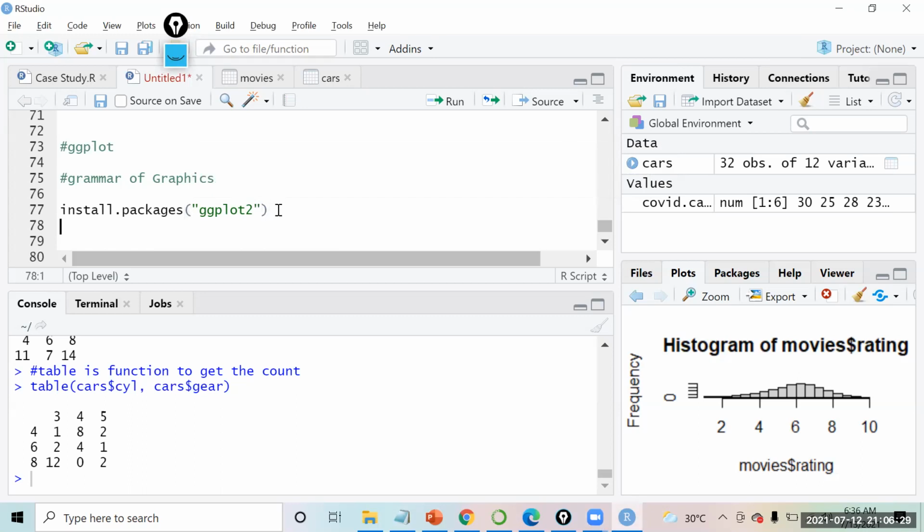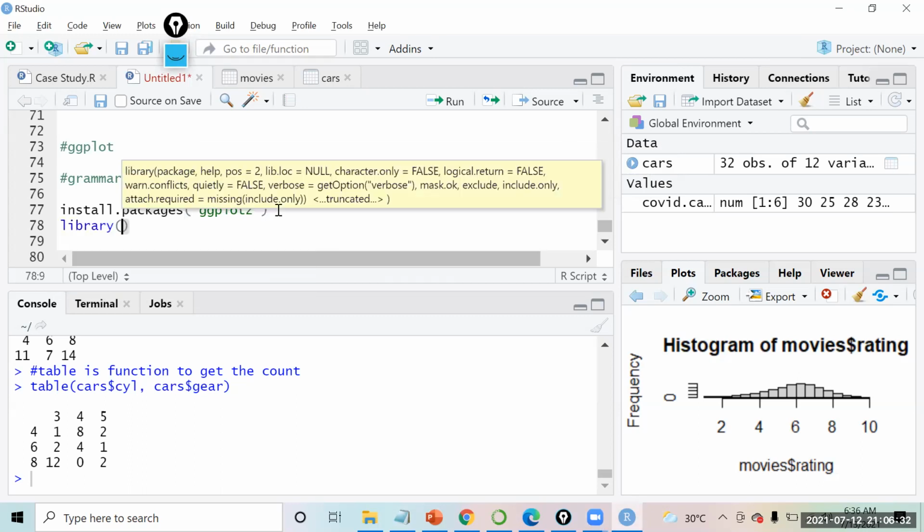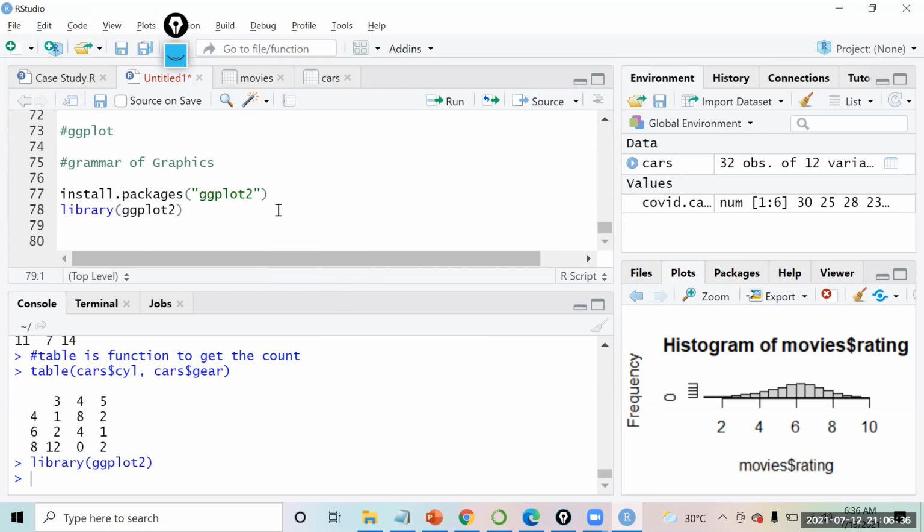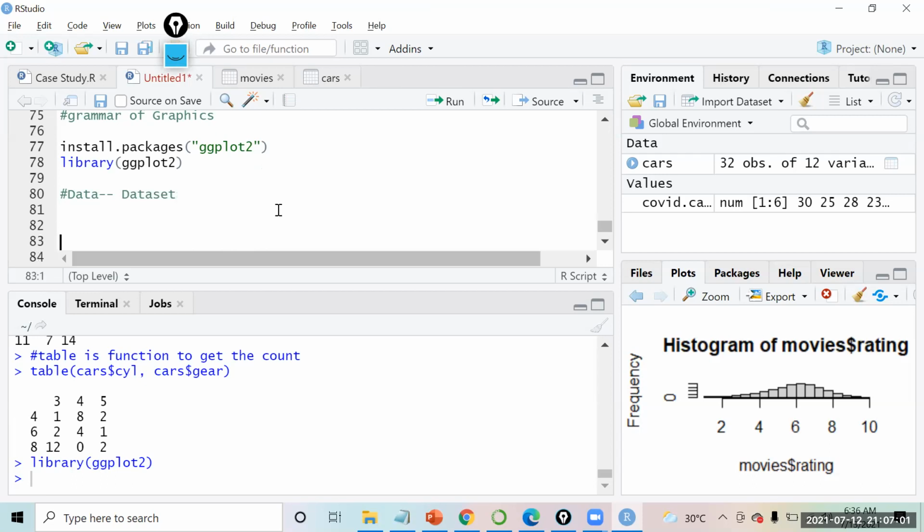After we install this, you have to load this package into the library, ggplot2. First of all, I would like to give you the basics of this. For creating any chart, what is the first thing that we need? We need data, right? The data set on which the chart will be created.